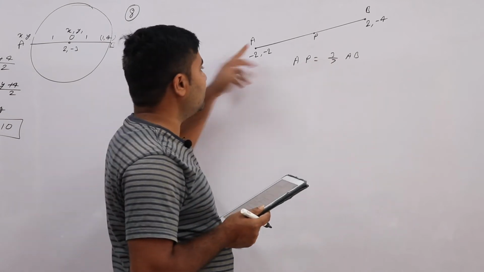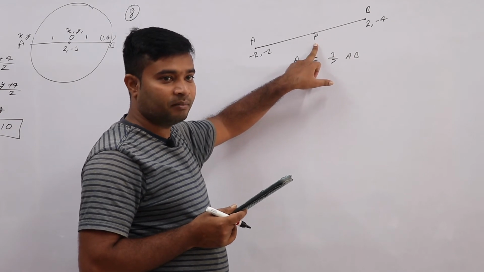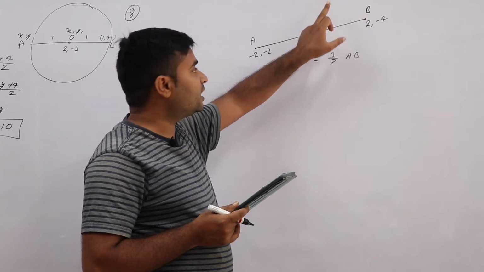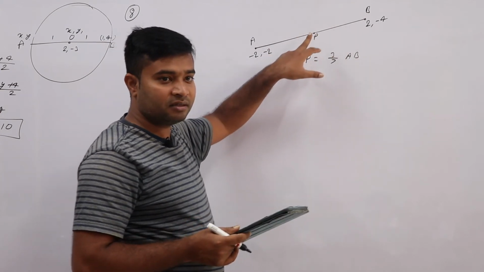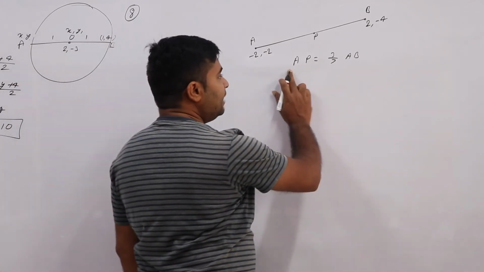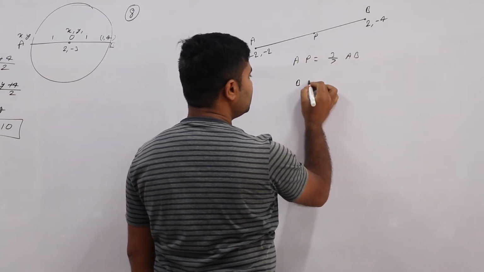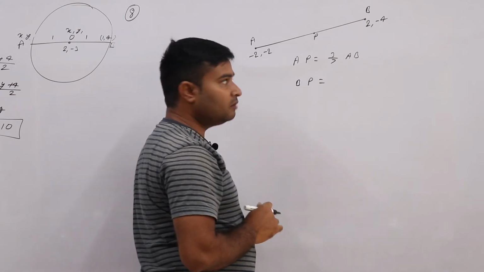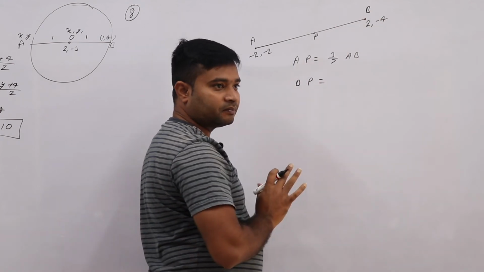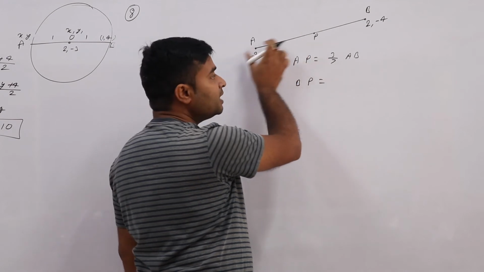Like all questions, we used to assume this is k is to 1, then we find this coordinate. But here the coordinate is also not given and the ratio is also not given. So if we can find at least the ratio, we can find this coordinate. So AP is given. Try to find BP. How will we find? If only this part, AP, is 3 by 7 of the full part.